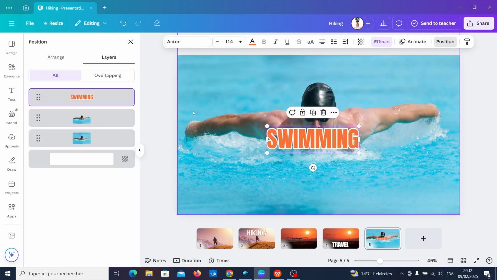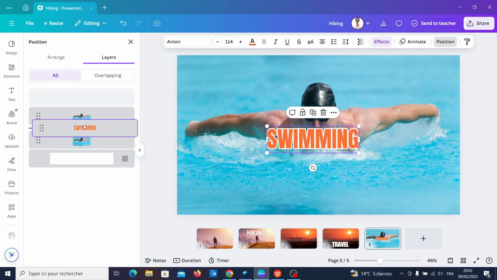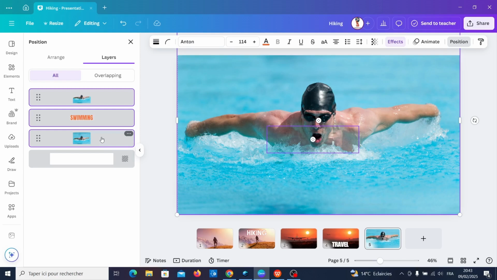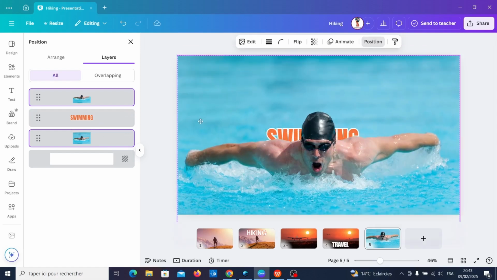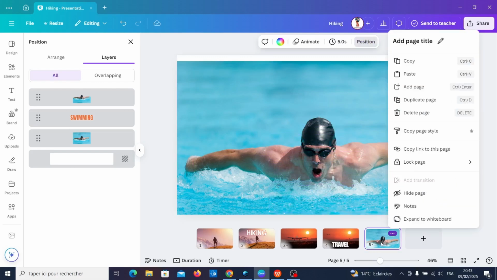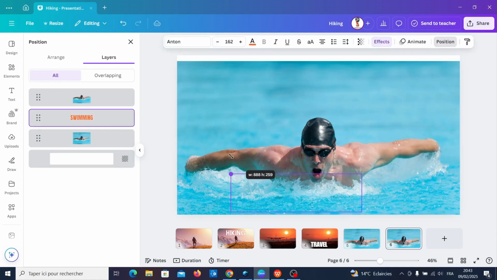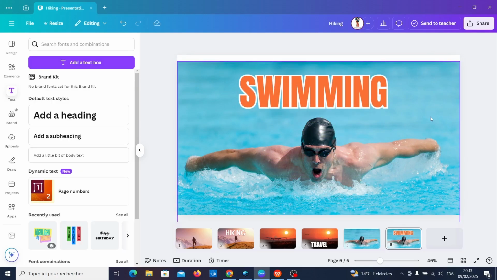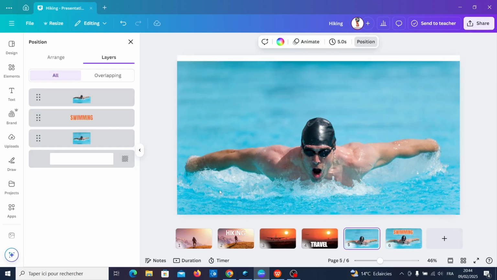And go to position, make the text between the photo and choose the photos, move them to the bottom for a little bit and this also the text and go and duplicate the page and select the text, resize it and move it to the top of the page. Move the photos to the top a little bit and this also. Then